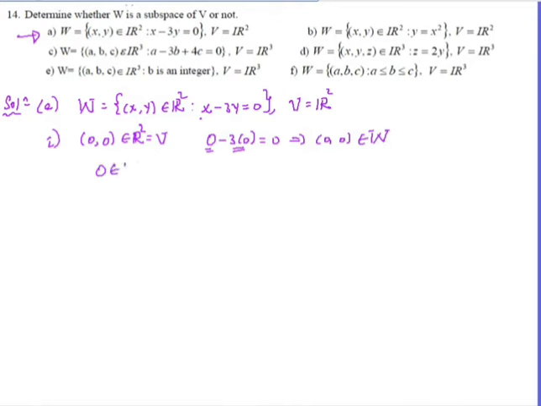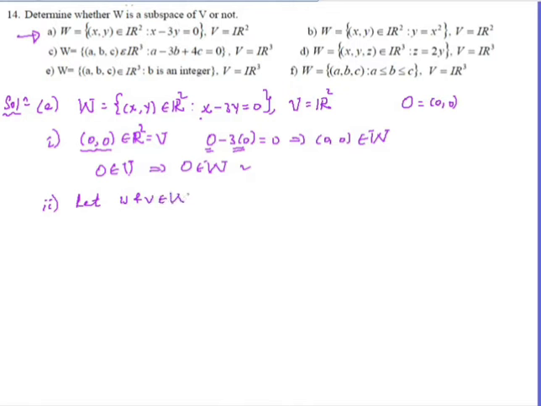The 0 in V is capital 0, ማደርገው order pair ነው. Okay እዚህ ጋር bold 0 or capital 0 ምንለው the 0 in R2 ነው. The 0 in V is the same as the 0 in W, therefore the first property is satisfied. We proceed to the second property, okay. Second property is the closure property, let's say let u and